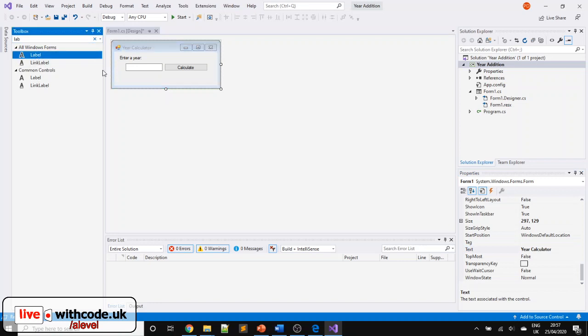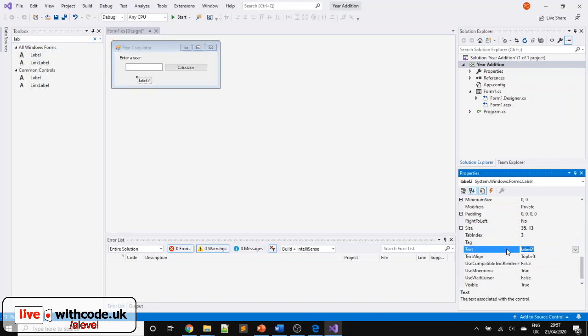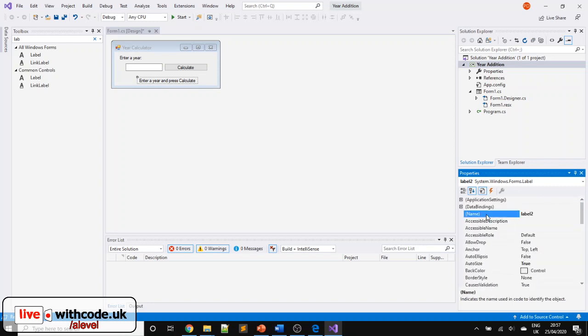And we're going to put another label down here. This one isn't going to be static, we want it to change with our program. So we'll just put some general instructions on to begin with. So enter a year and press calculate. And we need to change the name of this to lbl output,